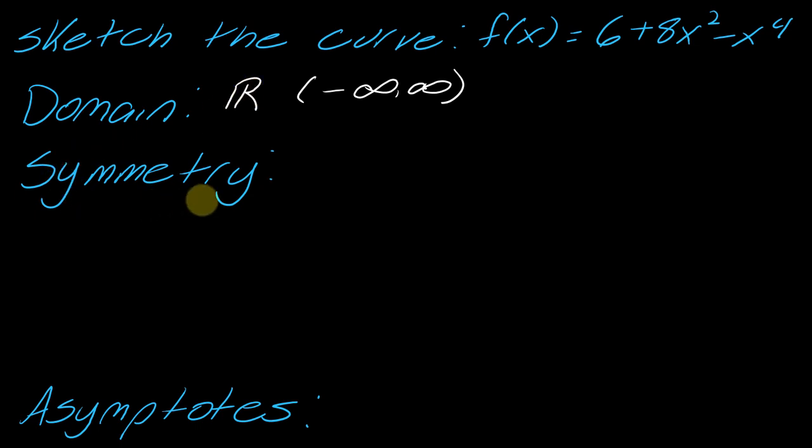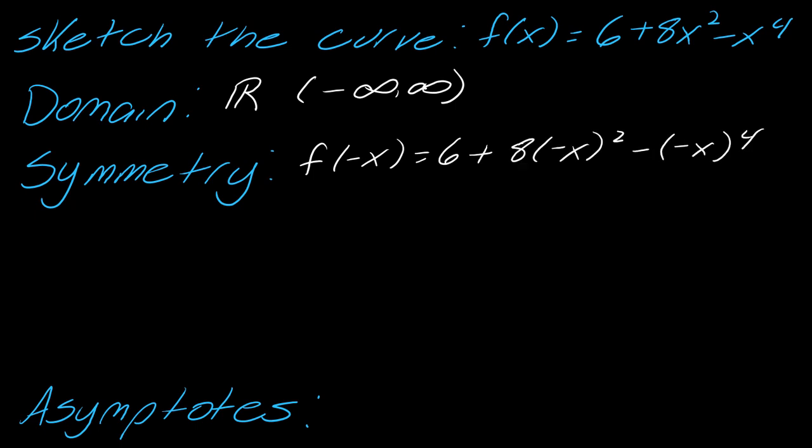Okay, so now let's do symmetry. To determine the symmetry, you're going to want to plug in negative x to this function and see what happens. If I plug all of this in, since these are all even exponents, I just get back to the same thing. So I'm going to have this, which is just f of x itself, which means that we have